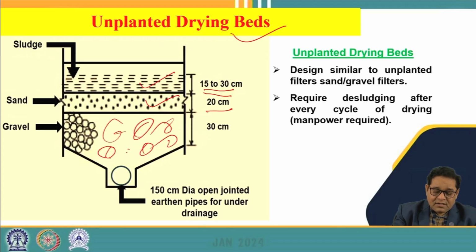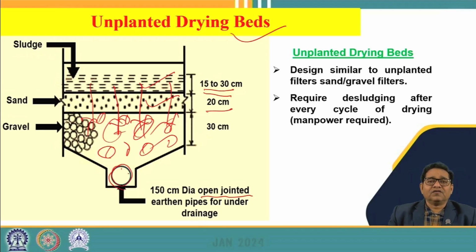there is the gravel media that is provided, and these are basically the 100 to 150 centimeter diameter pipes. They are open jointed earthen pipes which will collect the entire filtered water from this sludge bed, and that will be collected through this open jointed pipe and taken out of the sludge drying bed for dewatering. This is basically the conventional type of sludge drying bed, which is mostly used for disposal and dewatering of